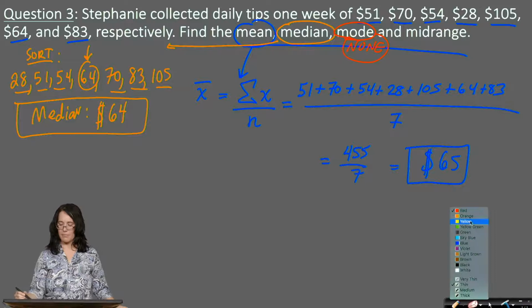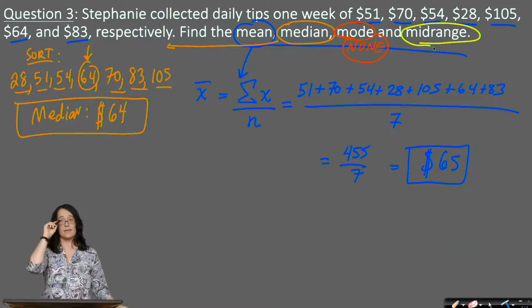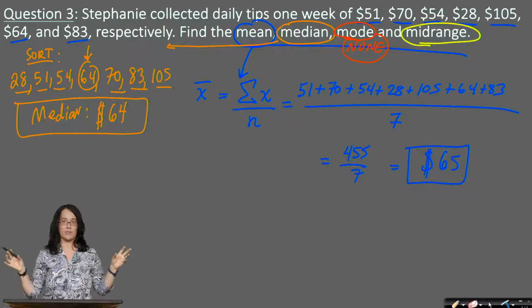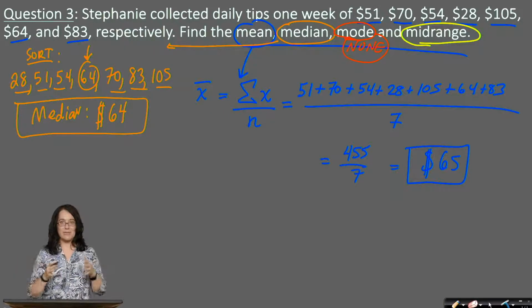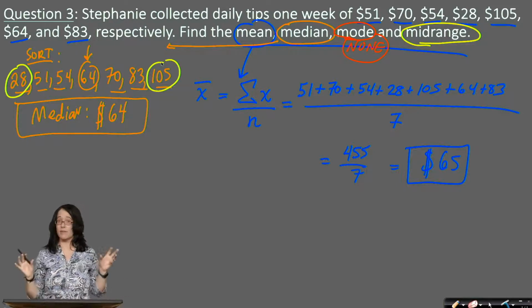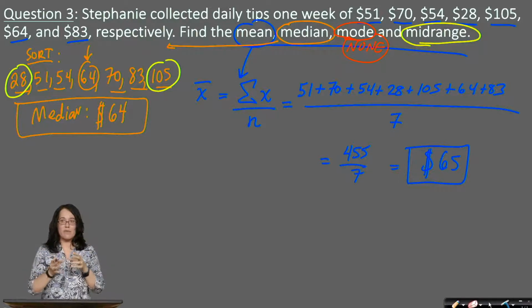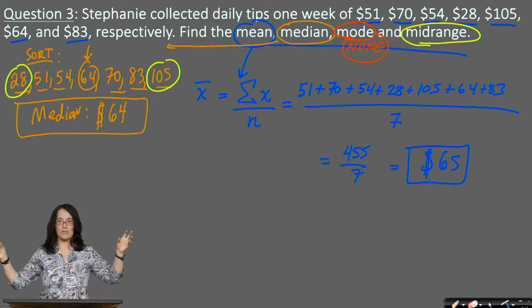Finally, how do you find the mid-range? Do you remember that? How do you find the mid-range of a data set? Well, to find the estimate of what's happening in the middle, you basically look at the extremes, and that's what the word range is implying, right? So range typically means the spread of values. So when you're looking at the spread, you would look at your lowest value and your highest value, but we're not finding the range. That's a measure of dispersion. We're looking for the mid-range, an estimate of what's happening in the middle by just looking at those last 2